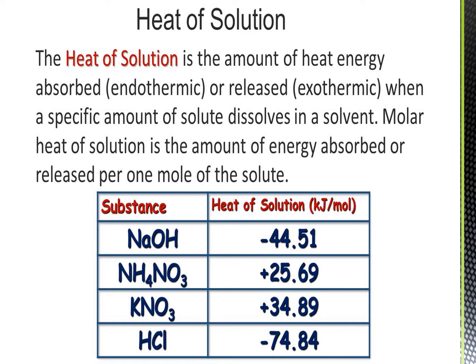When a substance is dissolved in a solvent, for example a liquid, when we dissolve salt in water, this is an example. The substances taken are NaOH, NH4NO3 (ammonium nitrate), sodium hydroxide, potassium nitrate, hydrochloric acid. These are dissolved in a solvent, and there are heat changes at that time. So the heat of a solution is defined as the change in enthalpy when 1 mole of a substance is dissolved in a specific quantity of solvent at a given temperature. Do you understand?